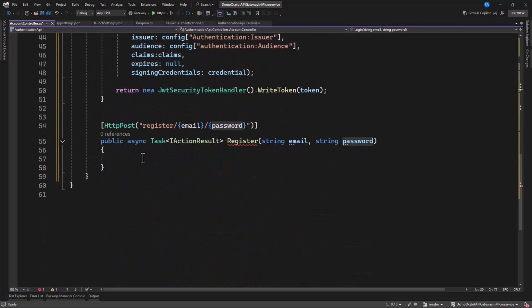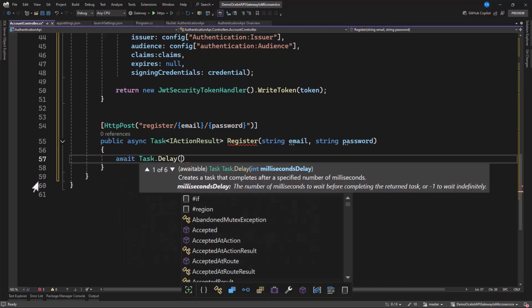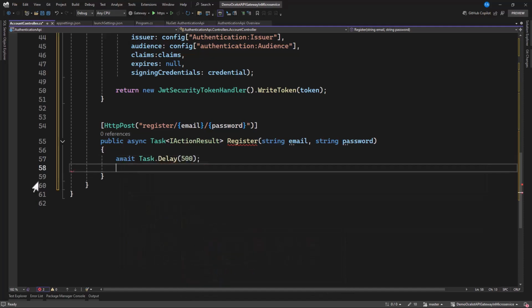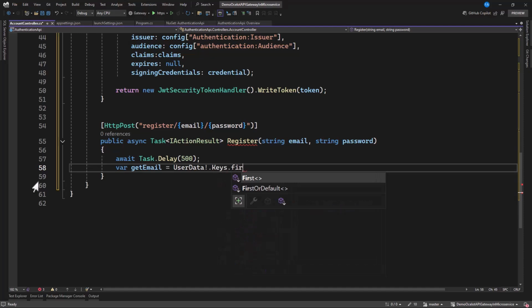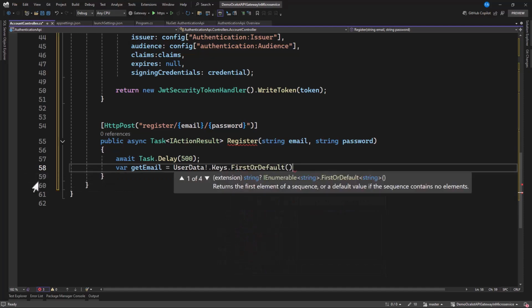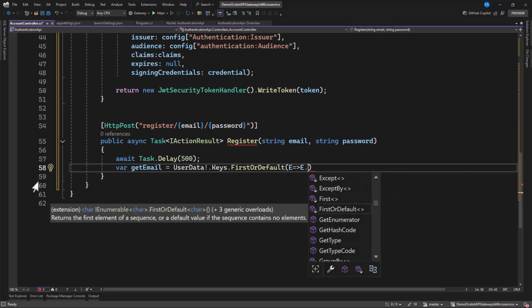Great. Okay, so register, what are we doing first? Let's have our await Task.Delay, store 500 is what we need. Then let's get the same email. It's equal to user data.Keys.FirstOrDefault, and now in here we specify.